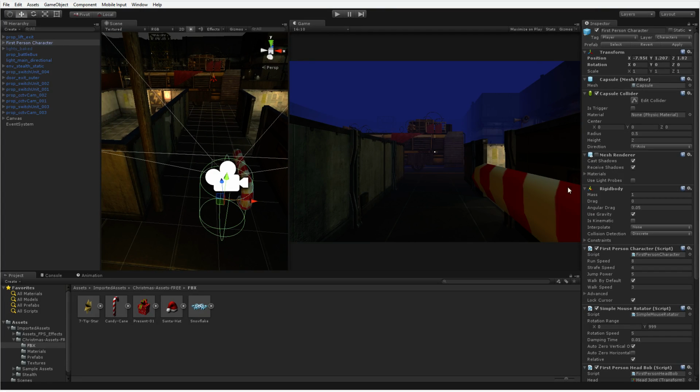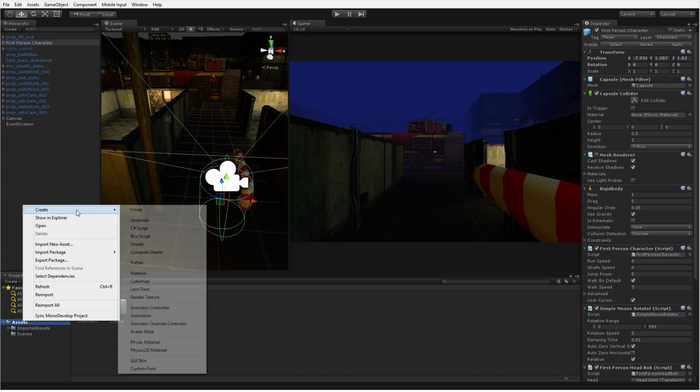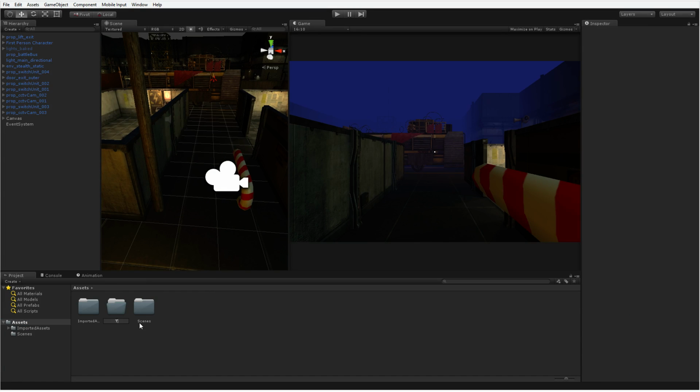The next thing is I want some sights on my gun, which is going to help me line up for my aiming. Now this I did make, and if you're following along, this is something you'll have to make yourself, or not. I mean, it's purely cosmetic. But I'm going to create a new folder, which I'm just going to call textures and materials. There we go. And I'm going to import the image, which is just a Photoshop file there.